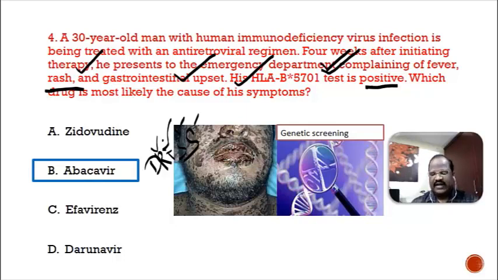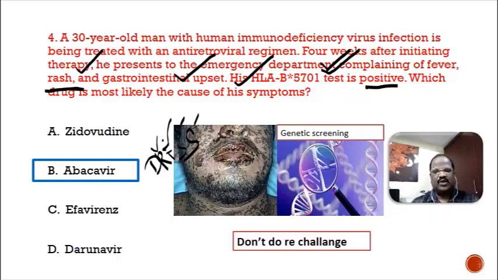And once again, whenever you have a case presentation like this due to an abacavir problem in this patient, never ever go for re-challenging with abacavir. Once there is an allergic reaction, the patient should never take abacavir in his lifetime. That's a very important point. Remember, an HLA-B*5701 allele patient having a toxicity problem in HIV treatment, always think of abacavir.